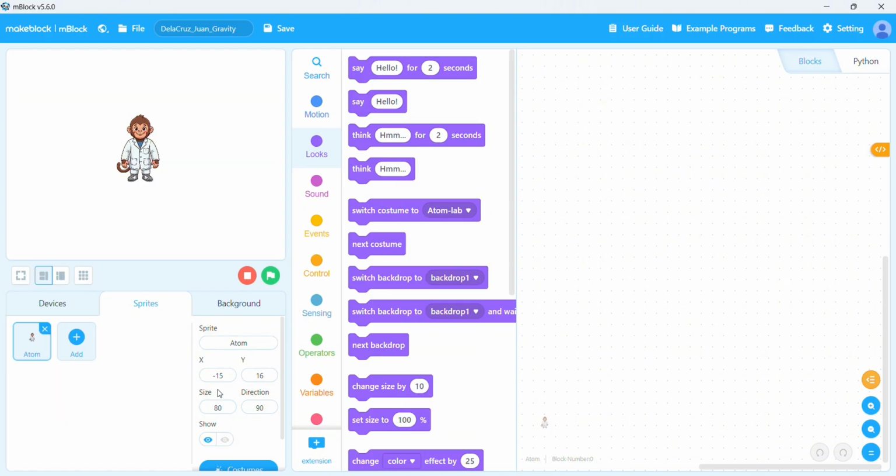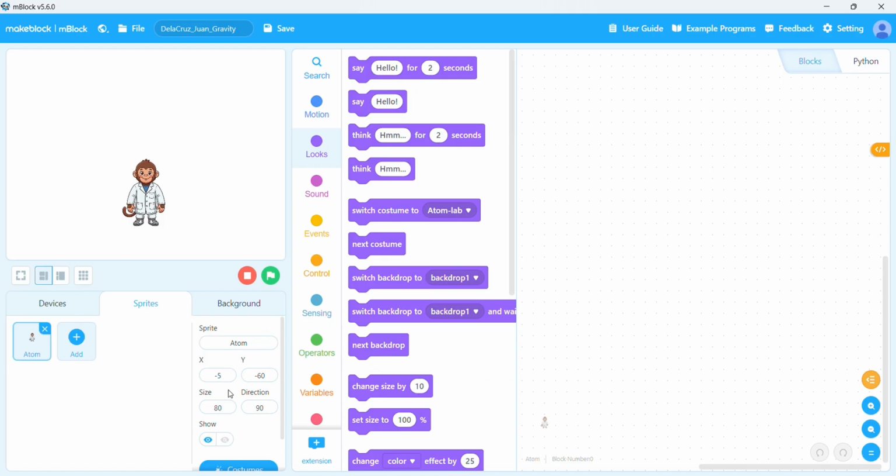Still in the Sprite Properties panel, update Atom's position: set X to -5 and Y to -60. These coordinates place Atom right in the center of the stage, perfectly positioned to introduce the experiment to the audience.